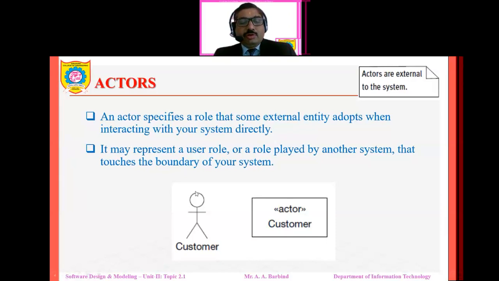So the symbol for the actor is like this. This is the popular graphical symbol for the actor, but if you want to use a square or rectangle for the actor, it can be used, but it needs to be stereotyped. Earlier, the notation for the class was stereotyped, meaning it is modified to represent a particular actor in this fashion. But nowadays the most popular symbol being used by people is this.